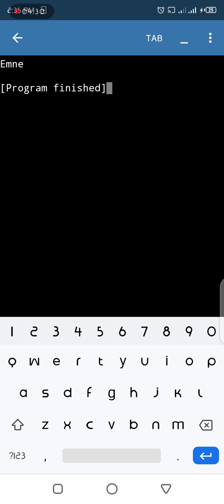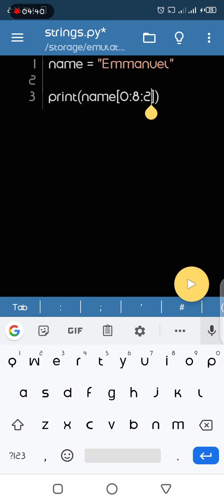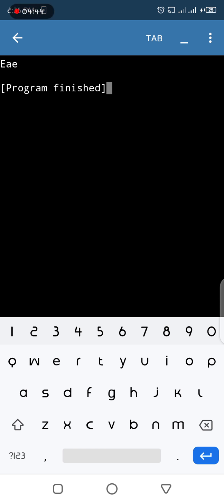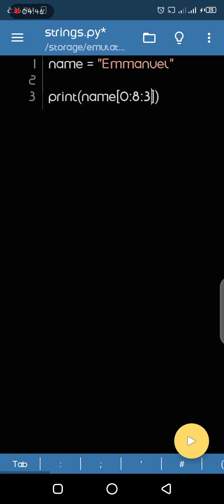You can see, you're skipping one character each time. That is slicing with a step. So if you use 3 like this, it will be skipping 2 characters. You can see it gives me a different result. So that's everything about step.